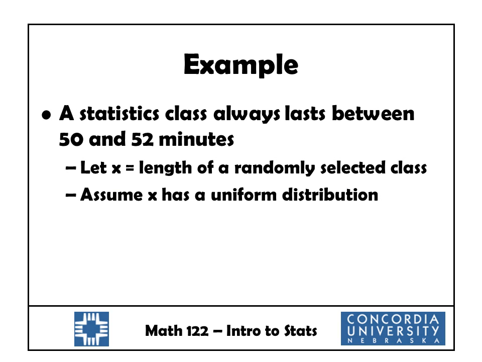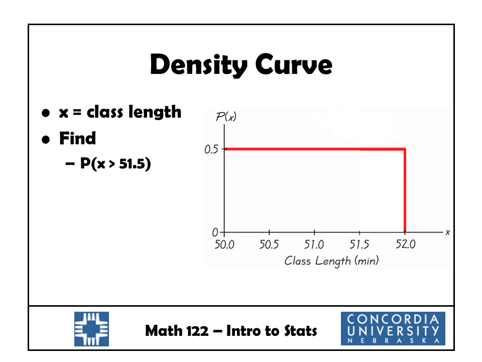Let's start off with an example that we saw in last section. Statistics class always lasts between 50 and 52 minutes. And so let's let our random variable x denote the length of a randomly selected class. And in that section, we showed that x has a uniform distribution. For instance, we found the probability that x is greater than 51.5 minutes. So that means we found the probability that a randomly selected class is going to last greater than 51.5 minutes